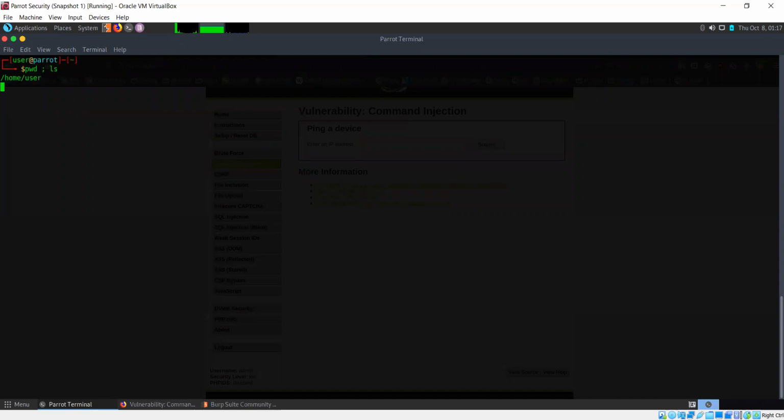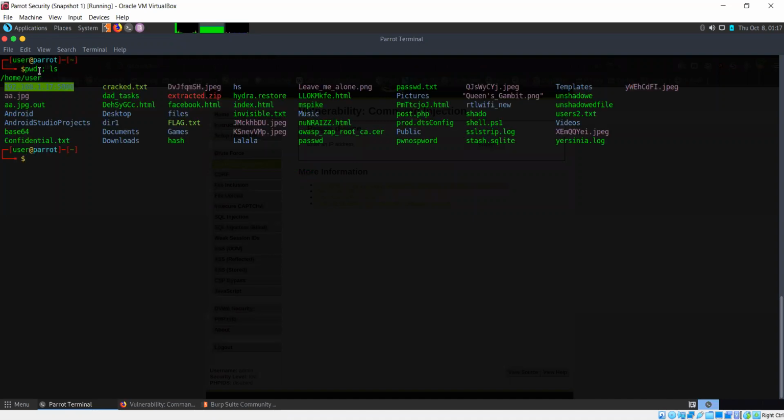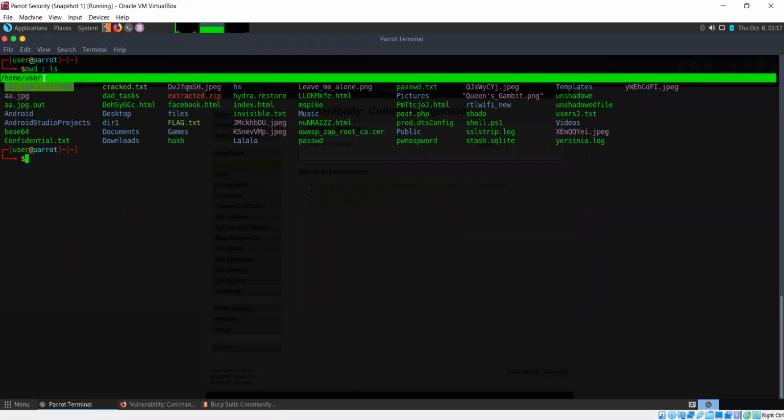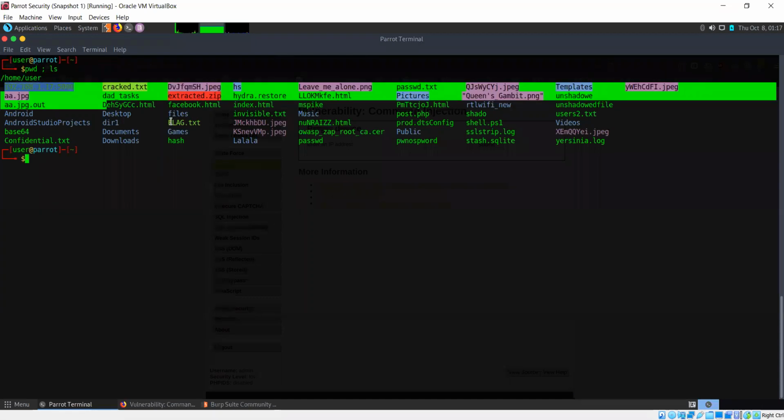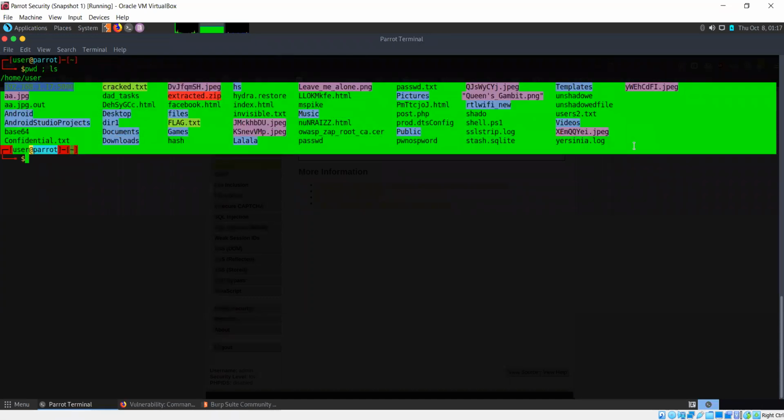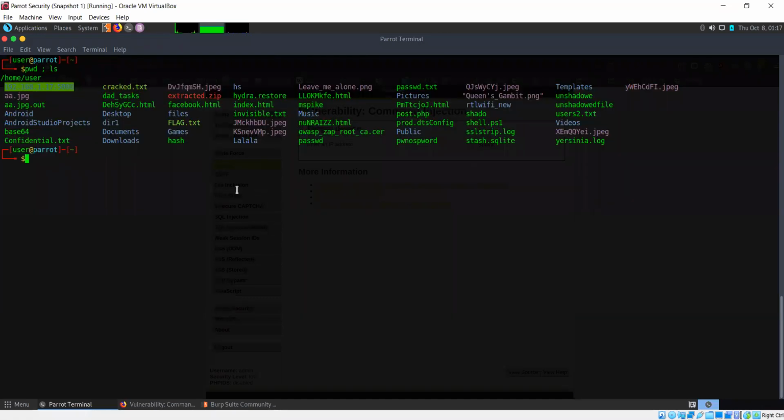I can use a semicolon after the first command and type the next command after that. So both these commands have executed. This is the output for pwd and this is the output for ls.